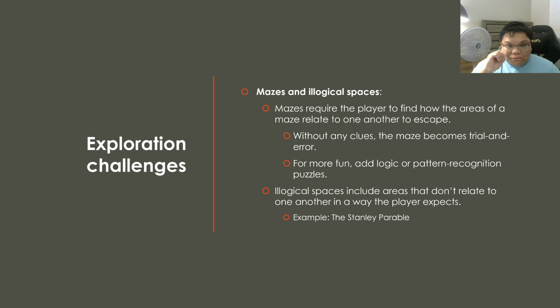For example, the Stanley Parable has a scene where you have these two hallways, where you look down one hallway and it keeps going in one direction, but you look down another hallway and it also keeps going in one direction, but you see them and they're supposed to intersect, but they don't. Such phenomena are generally called non-Euclidean geometry. I'm not sure if that's the right word for it though, but it definitely does not make sense at all.